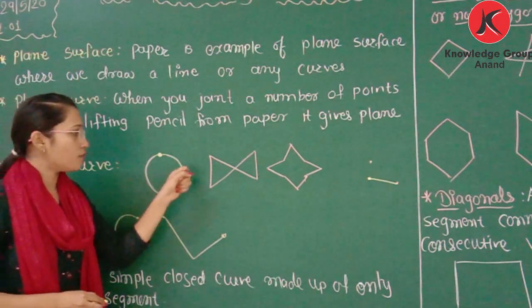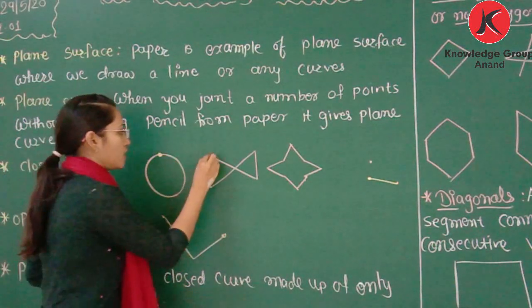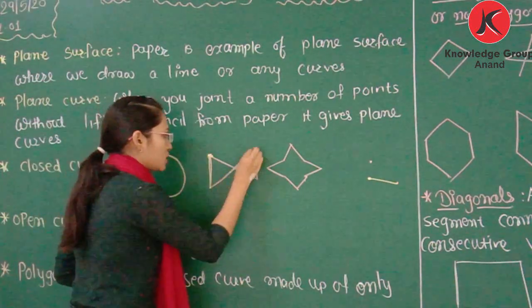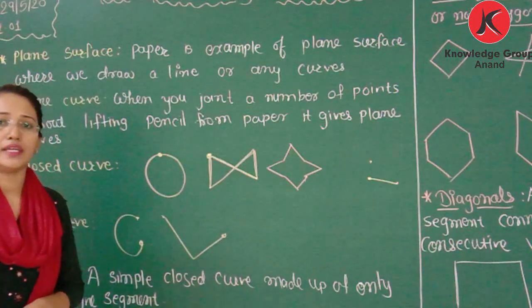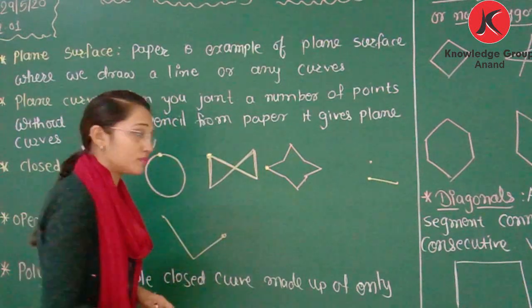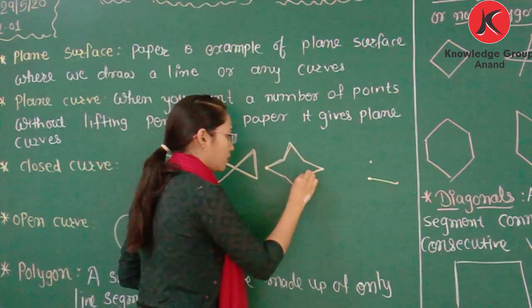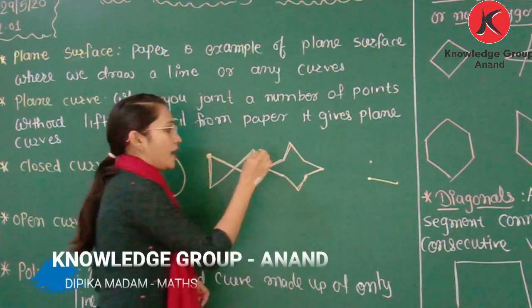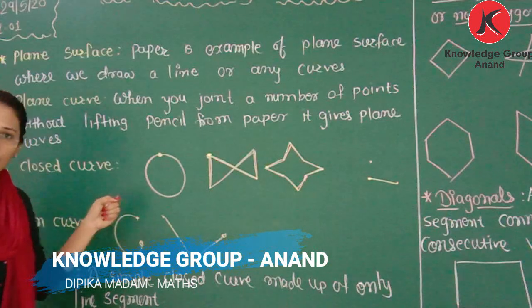Now if I start drawing this shape from this point, we need to move the pencil from this to this, so you can see the starting point meets the end point. Here we need to start from this, so I move my pencil on this shape, so ending point and starting point are the same, that's why it is a closed curve.